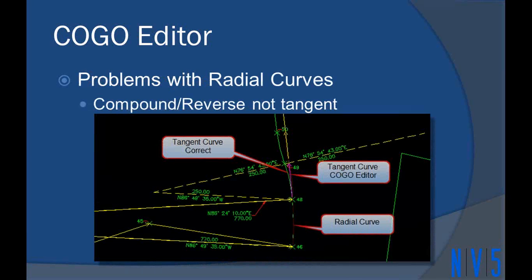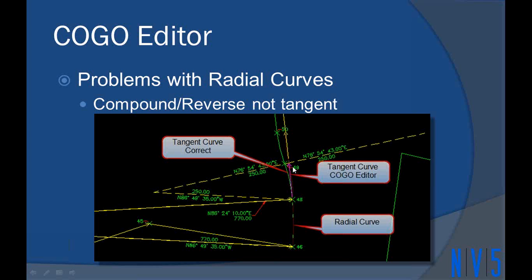All right. I did find some bugs. Of course, the first legal description I ever entered in had a situation where we were coming along this traverse course here from point 45 to 46, which is a line segment, but then we had a non-tangent radial curve, and the way that is defined, you define the bearing and distance to the center point, which is over here. You then tell it what the radius is, and then the included angle, which gets you to this point. I then had a compound curve or a tangent curve, and what I'm finding is it does